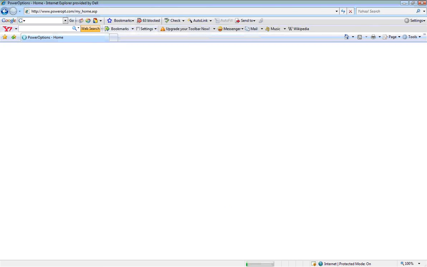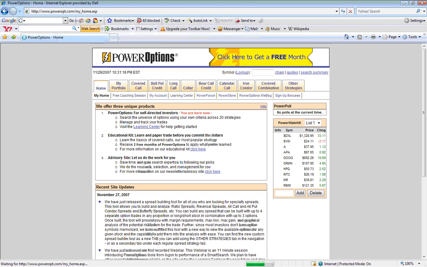Once you click the Log On button, you will of course be taken to the main home menu. From this menu, we would want to select the Strategy tab that applies to the tool. Here, we will select either the Long Call or the Long Put Strategy tab. If you do not have either the Long Call or Long Put Strategy tab available in your selected strategies, simply click the Other Strategies tab,